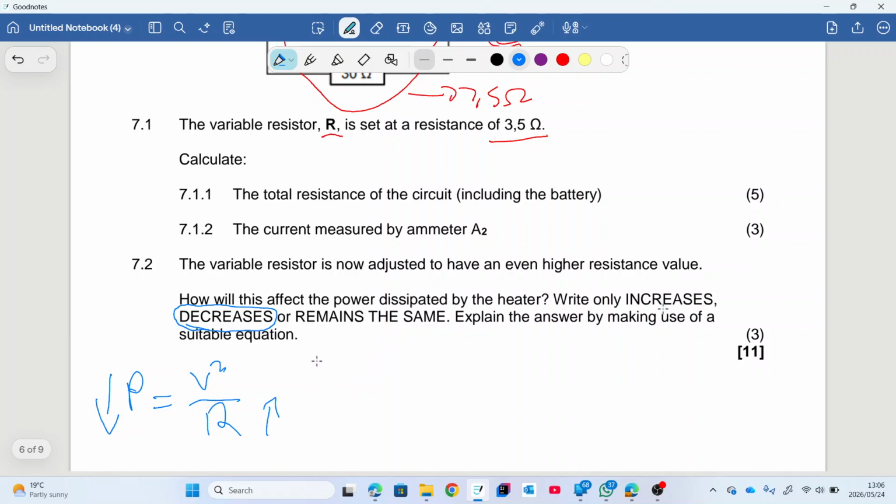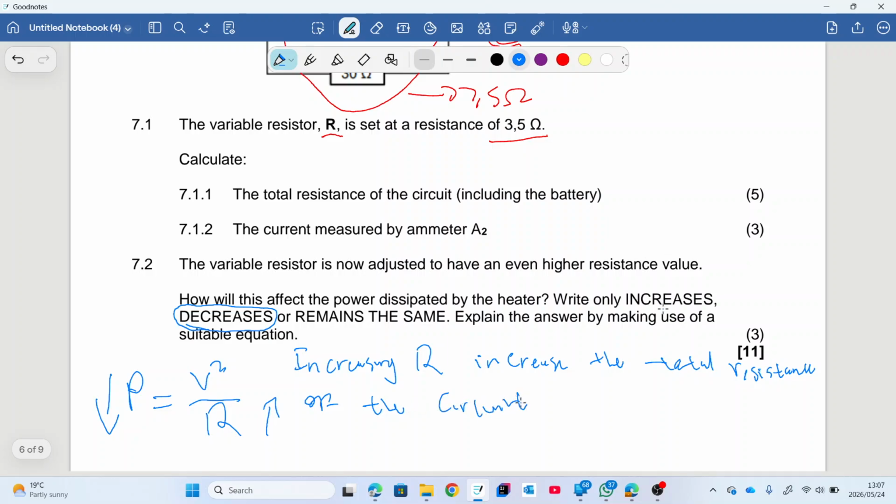So you are going to say increasing resistance R will, obviously, increase the total resistance of the circuit. Okay. So since it increases the total resistance of the circuit,